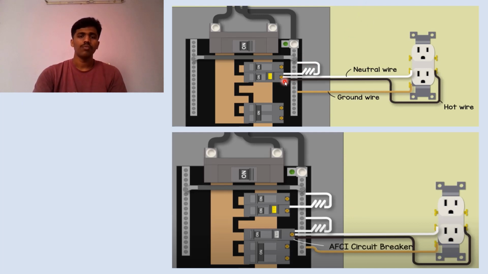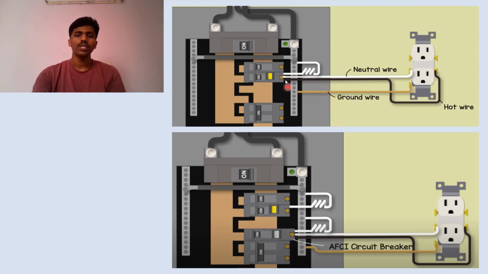If we observe, there is one more equipment called the GFCI circuit breaker. This is called the ground fault circuit interrupter. Here you can see the figure of it. It consists of a hot wire coming out from it, which is given to one terminal of the switch, and on the other terminal there is a neutral wire connection. From the ground wire, it is given to the ground bar, and this is the pigtail connection which is given to the neutral bar.